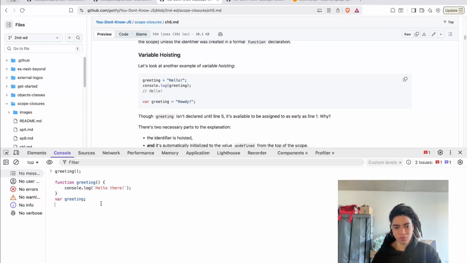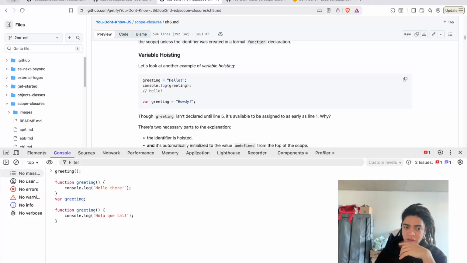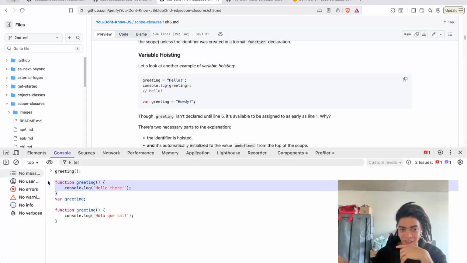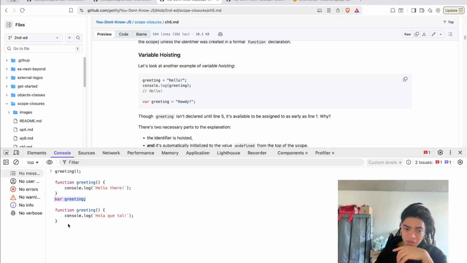So if for some reason you do something like this and say hola qué tal, and we follow this logic, putting it in a stack, function greeting is put first in the stack, then the var is put at this identifier, and then we have this function declaration, also put at the identifier.